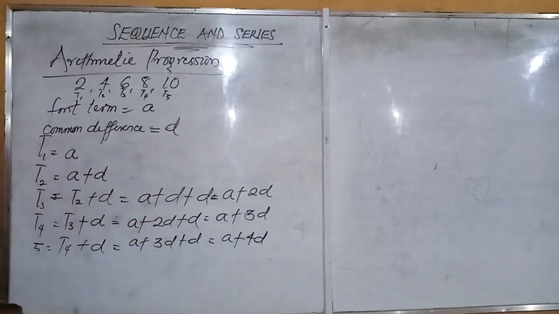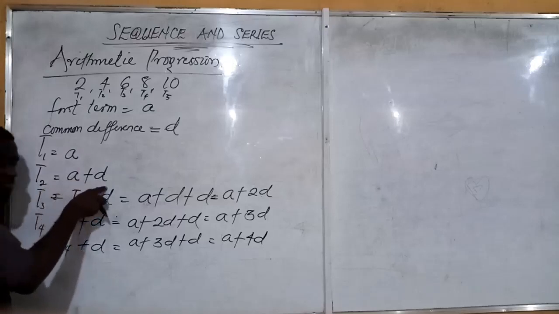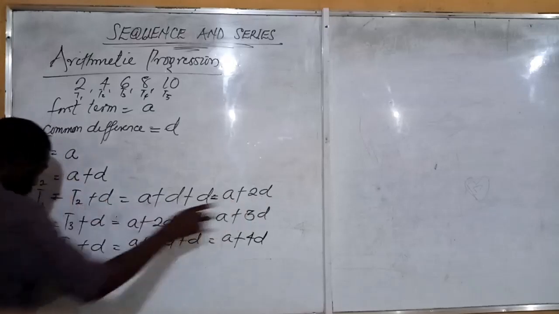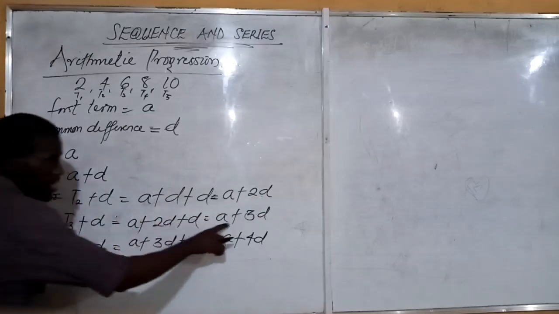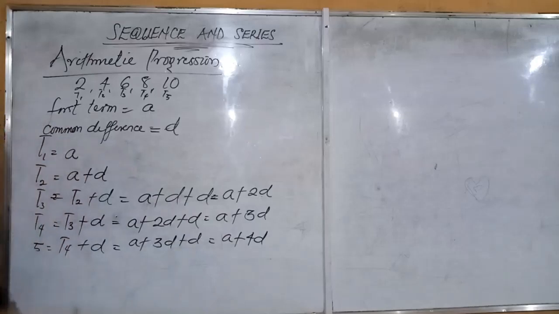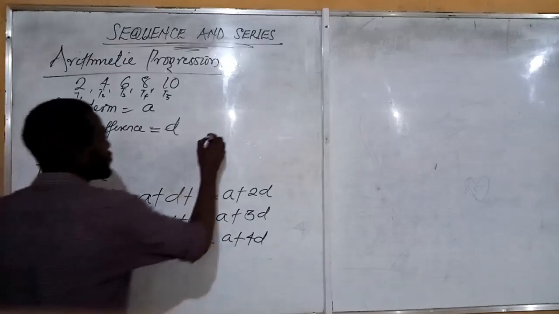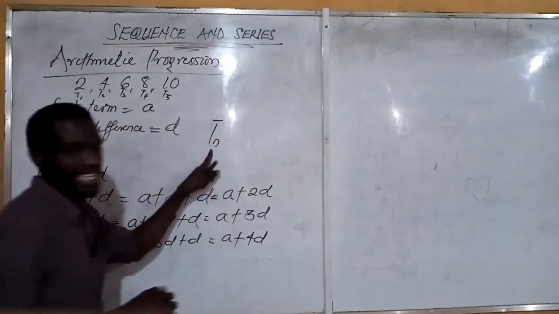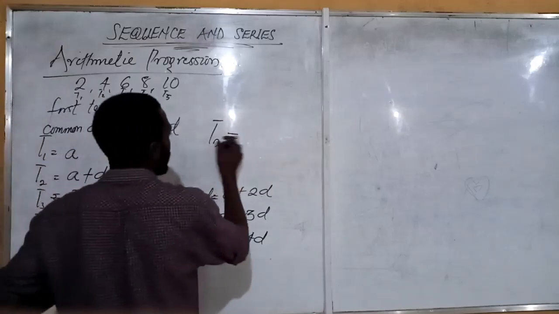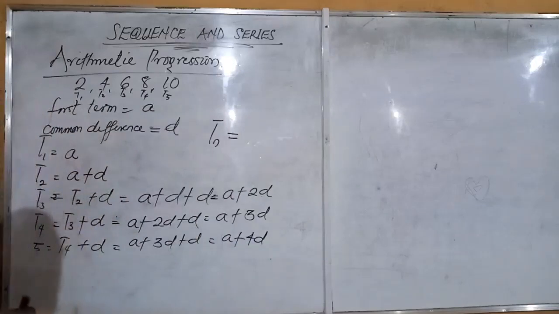Now, what did you notice? When it was T1, we had only A. When it was T2, we had A plus D. When it was T3, we had A plus 2D. For T4, we had A plus 3D. For T5, we had A plus 4D. Now, what do you notice here? It means that if we want to find a particular nth term, it